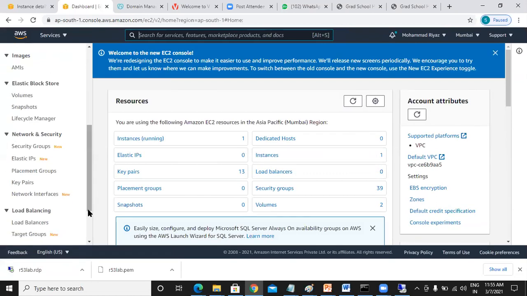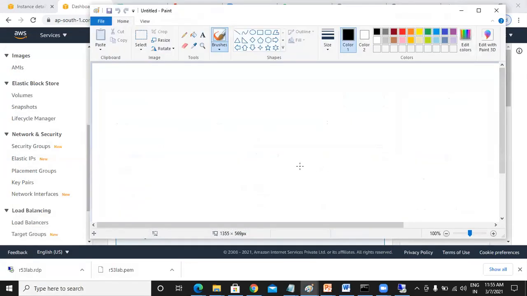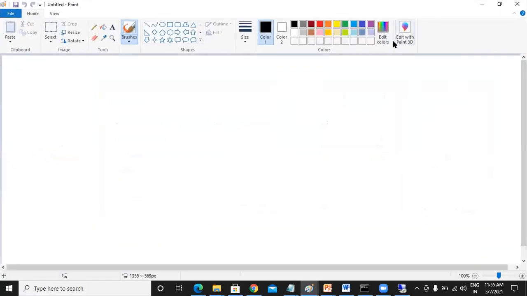You need to understand the hierarchy. It is very important. Let me show my paint screen.